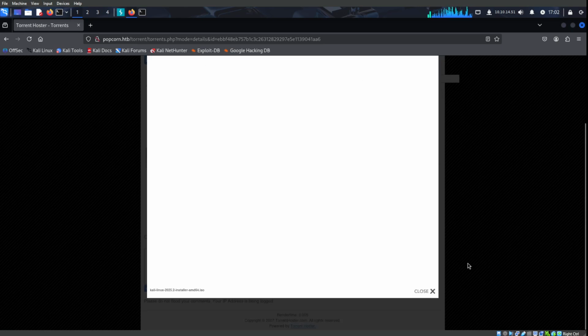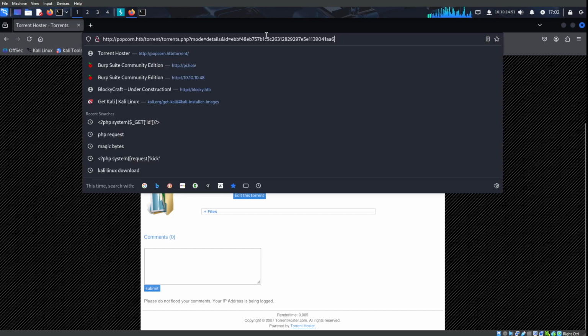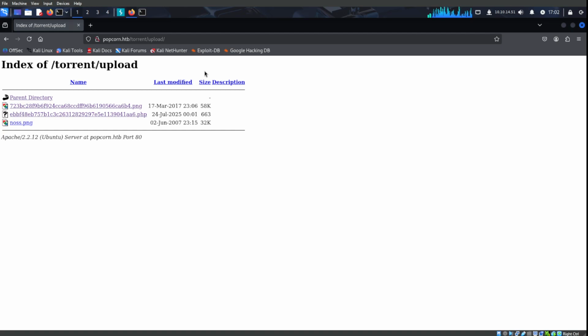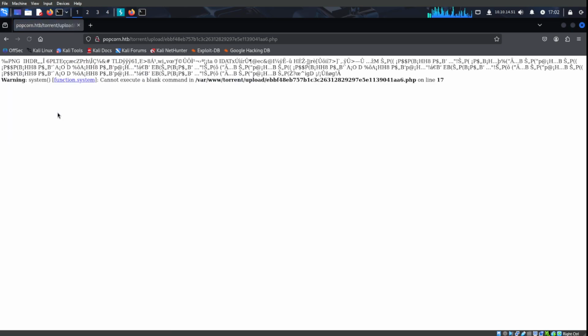So we can actually click on it. It's not going to really open much, but we want to know where this file is saved. You can look into the code of TorrentHost because I believe it's open source, but you can also make a guess. If you just go to torrent/upload, we can actually see files here, which is going to be pretty cool. So what we're going to do, we're just going to try to open this one, and we see a bunch